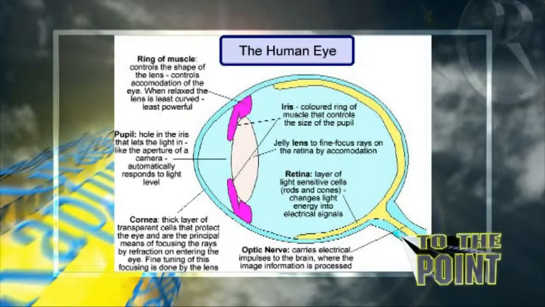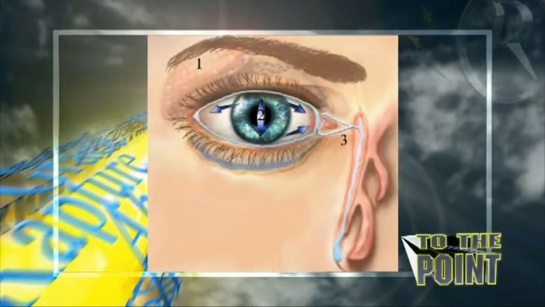I did explain how the light comes through the iris, which contracts and expands according to how much light is around, and then goes through the lens, which also contracts and expands to accommodate the light, and then the light waves go to the retina, which are the special rods and cones at the back of the eye. Let's look at the next picture now. Just remind us, that's number 71.